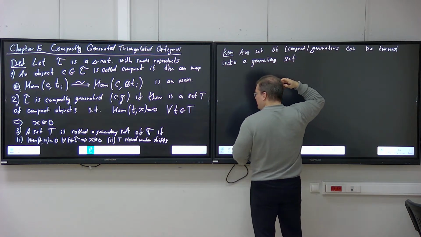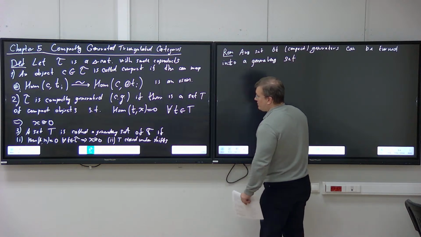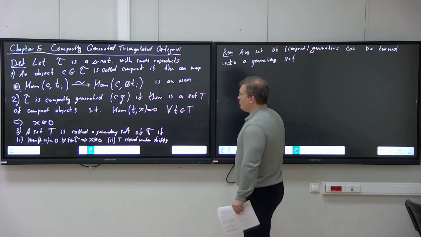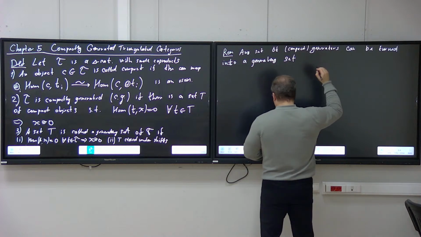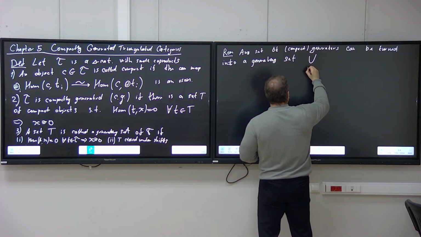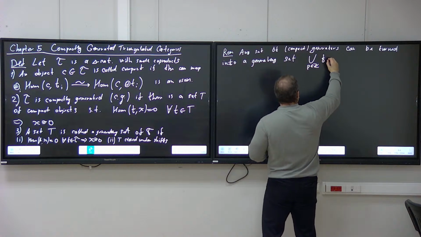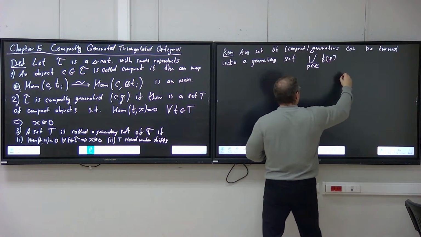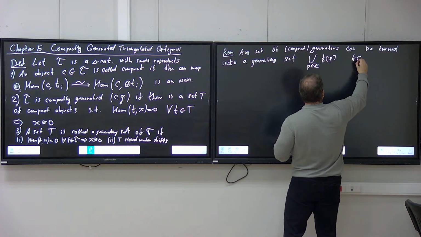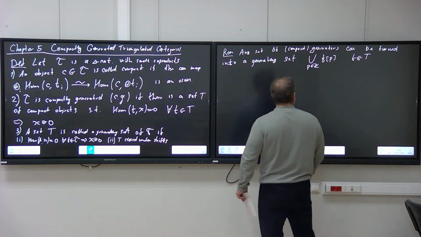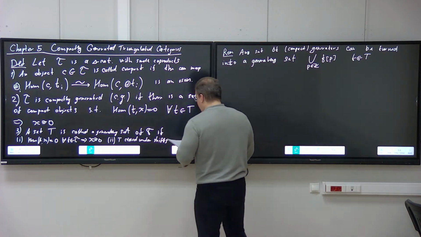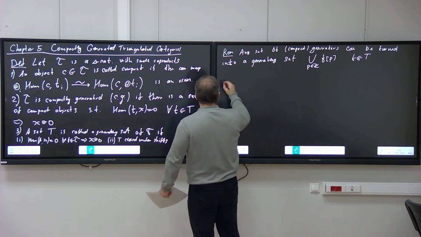You just take this set of generators that you, for example, have in condition 2 and add all the shifts. You take the union over all integers n of T shifted by n, where the t are all objects in the large T. Okay, so give me an example